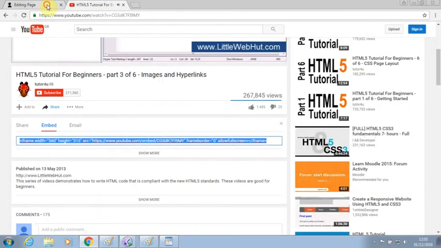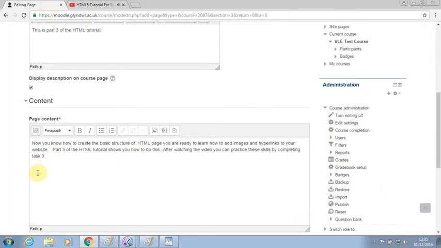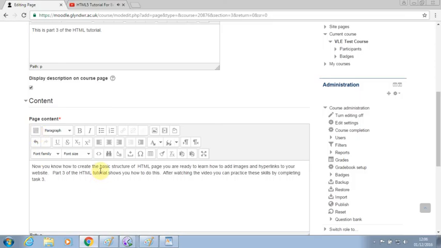I go back to my Moodle page. Now I don't paste it here under the text. What I need to do is paste it into the HTML code. This might not be something you're familiar with, so just watch carefully. I don't have my full options displayed here. If you find you don't, click this button here, and this button drops down some more options for you. Now it's this button here next to font size. So this is the Edit HTML Source button. So if I click on that,